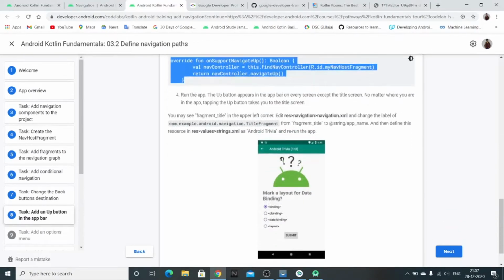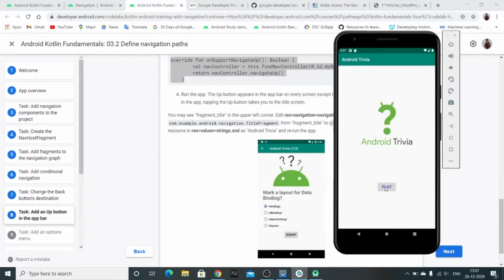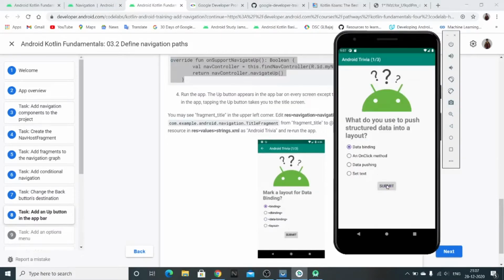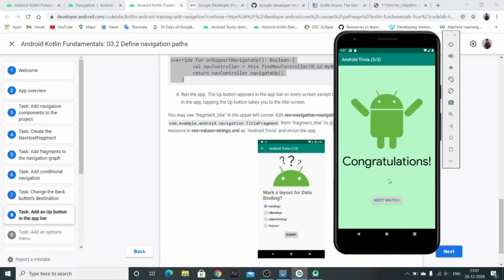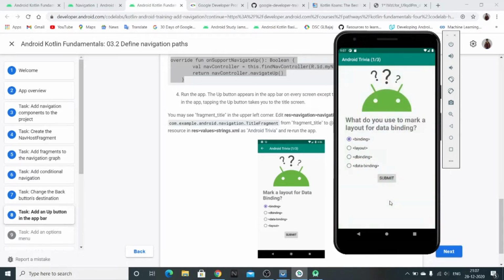Okay, now when we run, first let's see what we have built earlier. So play button, submit, on create view. That's the answer. Okay, so here we have given all correct answers, and now when we click on next match, we have been redirected to these questions fragment, where we have all our questions.